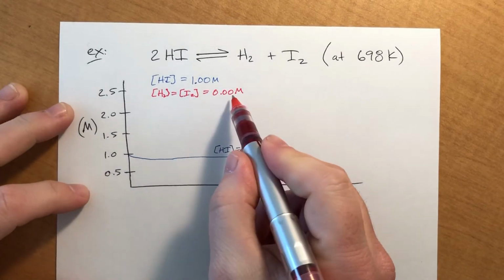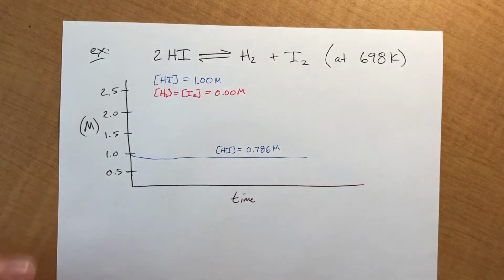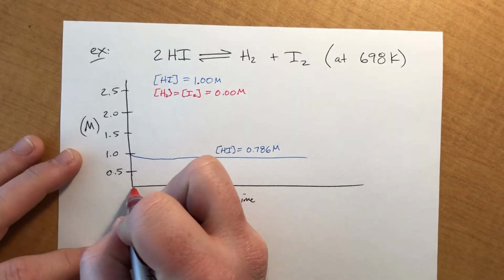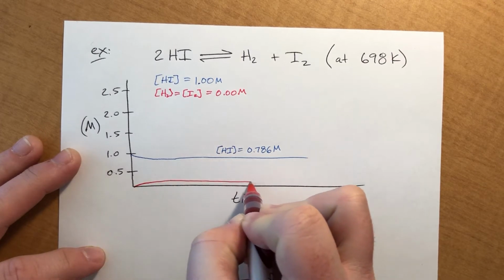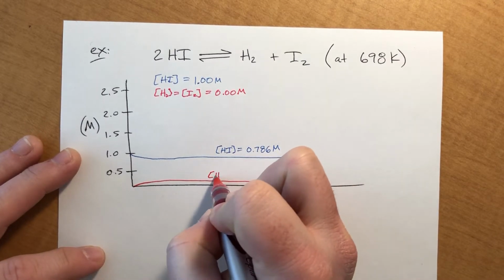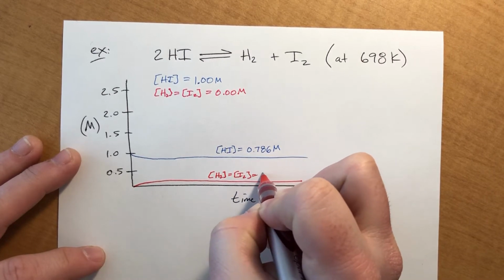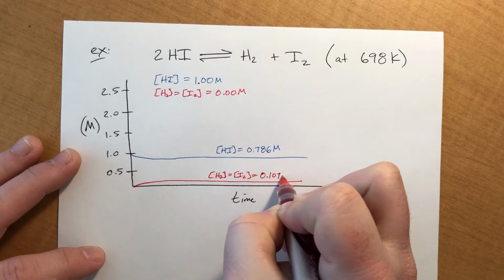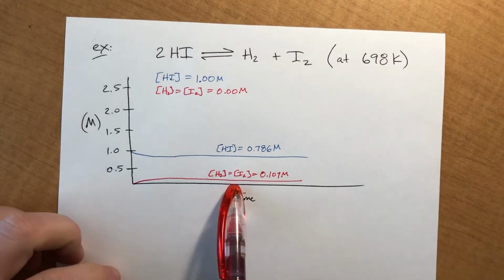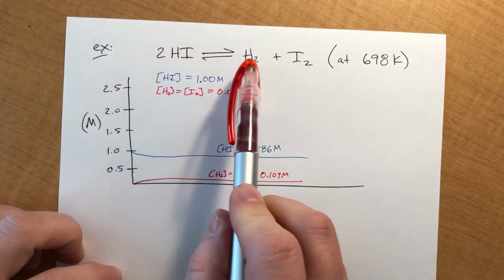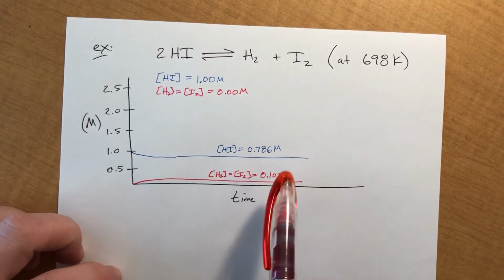And the H2 and I2, which I'm going to also do in red, trying to keep it consistent, started at 0, and they're going to both increase to only 0.107, so they don't actually go up very much. So concentration of H2 is equal to concentration of I2, which is equal to 0.107. Okay, the idea is for every 2 of these, you should get 1 of these and 1 of these. So it makes sense that these would at least be the same, but we don't end up with the same